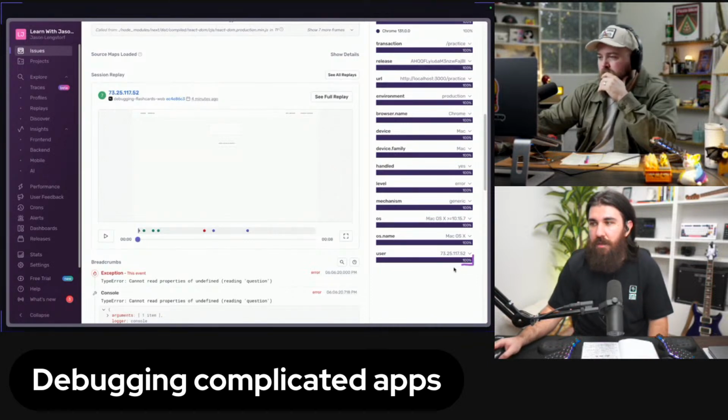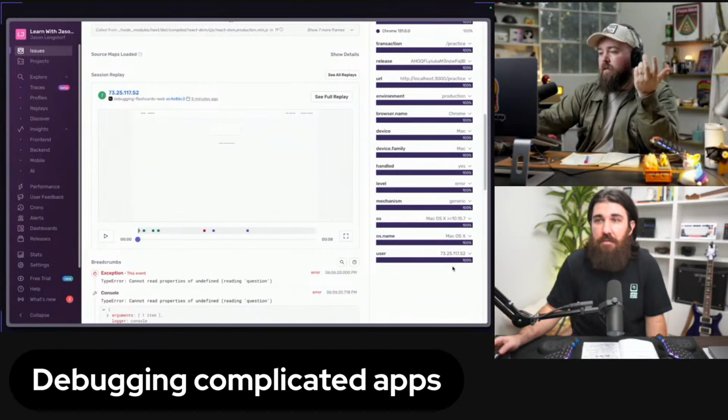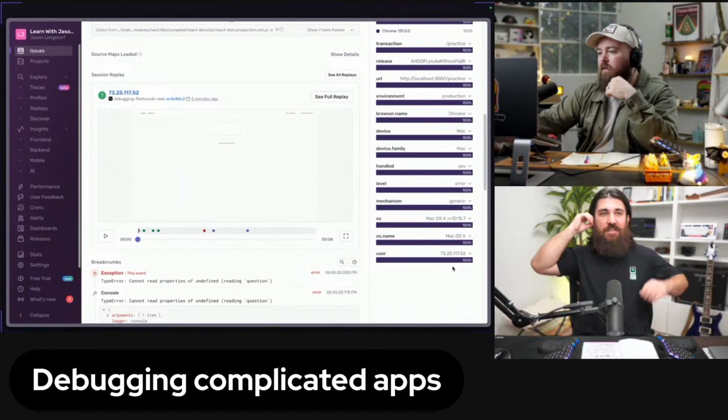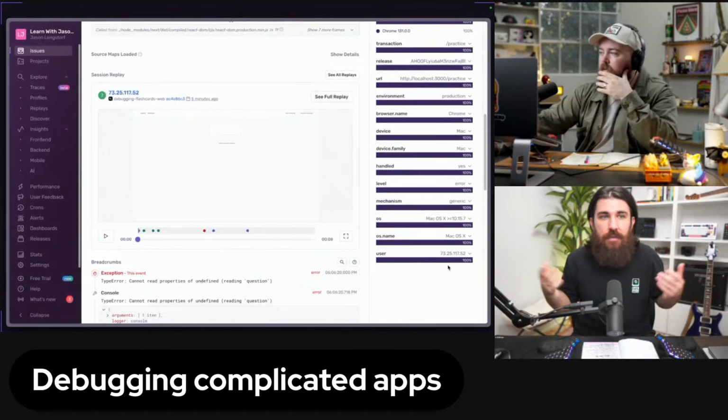100% of the errors belong to this user. If this was a type of user, there's going to be a division, right? So if this issue affects more enterprise users, you're going to put that as a P0. If it's a free user, P3 maybe. That's on you. But that's how you can use tags in order to make decisions. Do we fix this now? Do we fix this later?